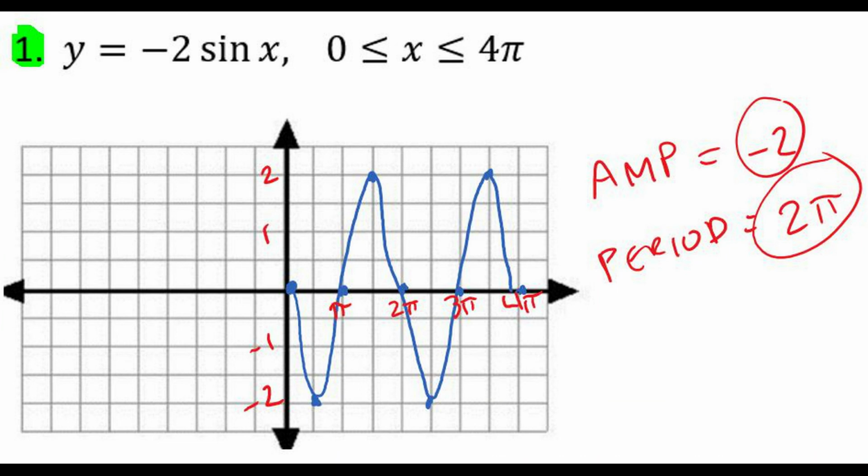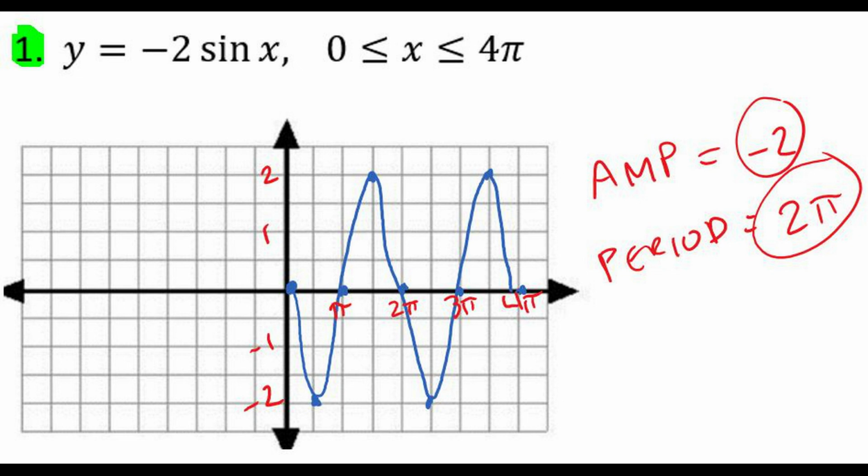All right, so number 1, we're going from 0 to 4 pi. So we're not going to have anything in the negative direction, so that's why it's blank over there. And on the right side, we got to get to 4 pi. We got to include all the units. So what I did is I counted by half pis. I didn't write every single one. I skipped one. So I went from 0, then pi, 2 pi, 3 pi, 4 pi, and they all fit